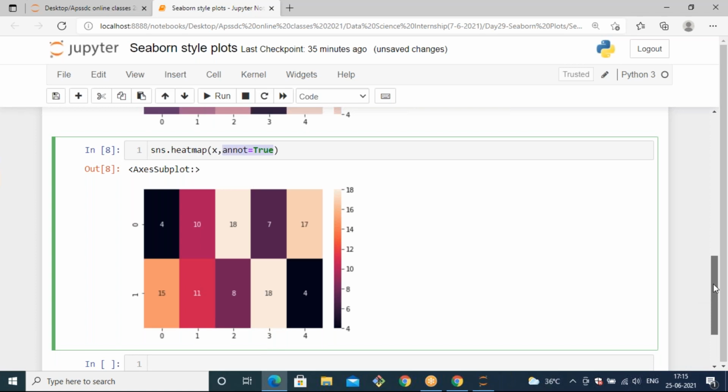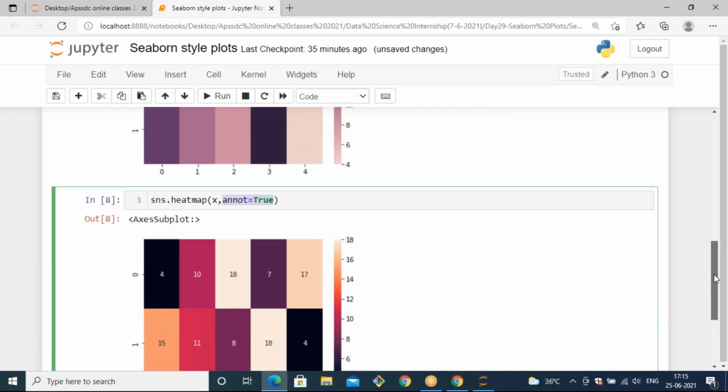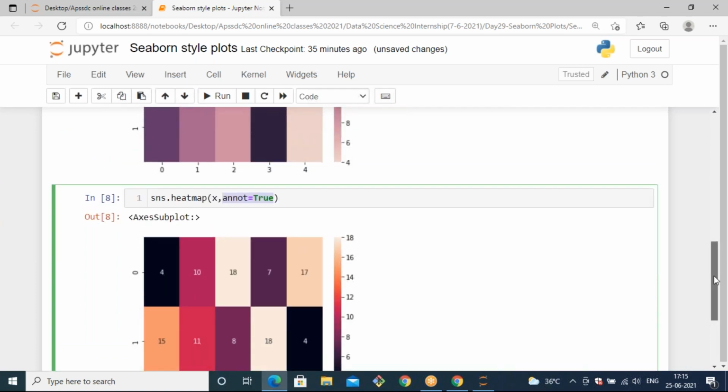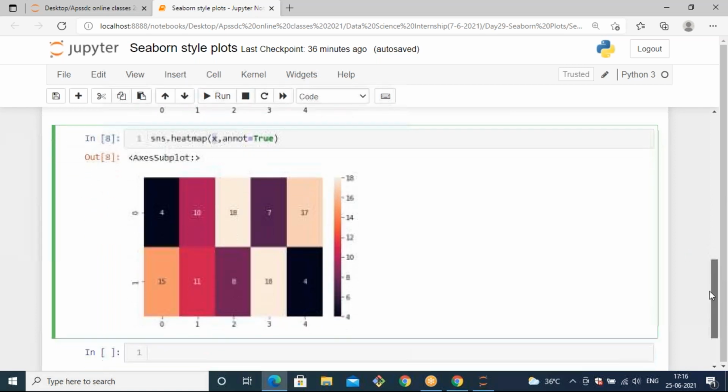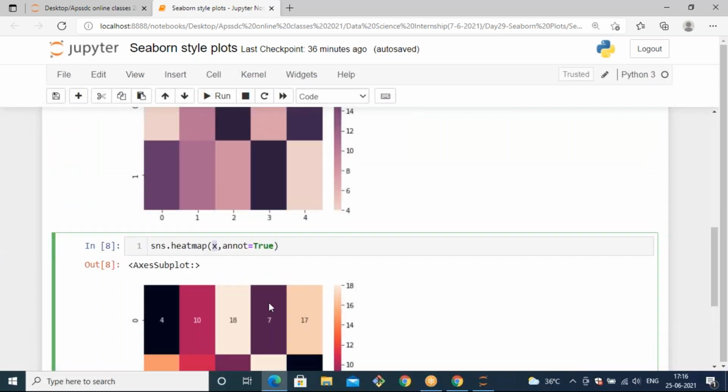When you want to display any rectangular color matrix, you need to pass the data. Only then will it take that input, and with respect to that input it will generate the color matrix. So here we are generating the data in the variable x. This data has random values which vary from 1 to 20, and totally we are generating 10 values. If you want to print that x, you can print it. Based on that x only, you will get this color matrix.